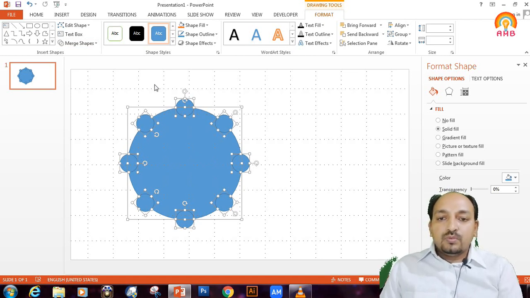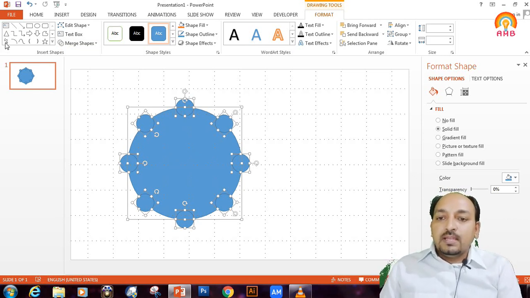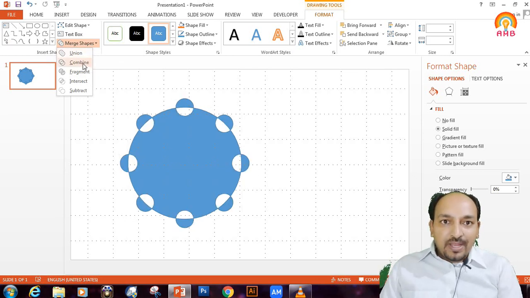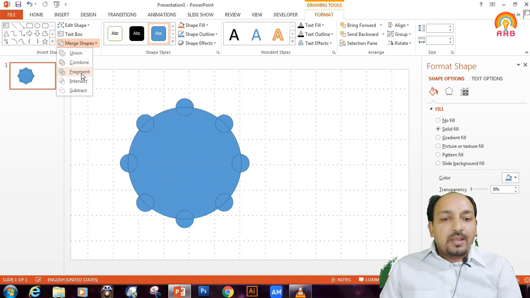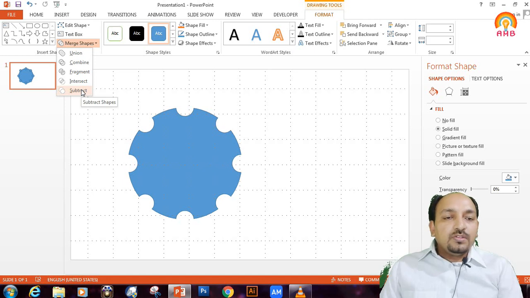We have to subtract these small circle portions from the large circle portions, and for that, under the Insert Shapes heading, there is a Merge Shapes button. Here you can unite the shapes, combine them, fragment them, intersect them, or subtract.